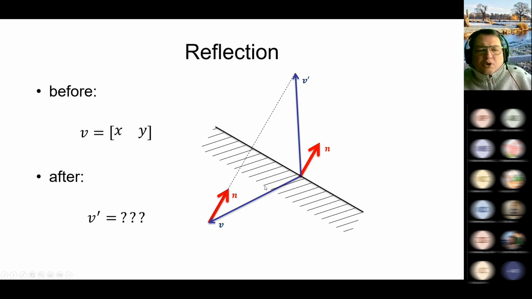Basically, if you have this triangular situation, and it's important that this is a right angle here, you can find this length here using the dot product of v dot n. It's important that n is normalized. Okay, it shows the direction, and the whole thing is called a projection of a vector v